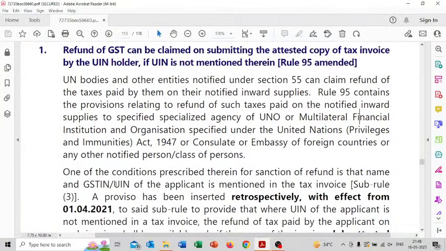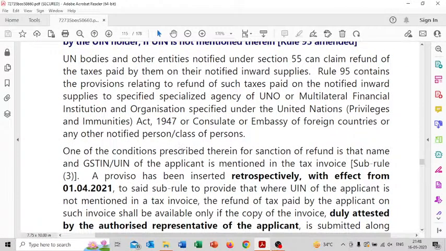Multilaterals. One of the conditions prescribed therein for the sanction of refund is that the name and GSTIN/UIN of the applicant is mentioned in the tax invoice. Sub-rule 3, a provision, has been inserted with effect from 1st April 2021 to provide that where